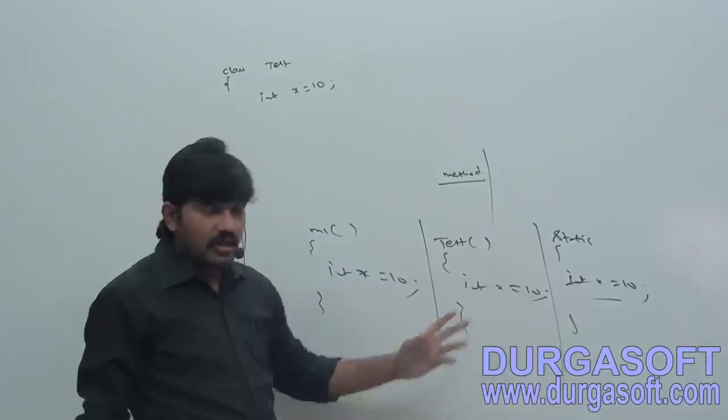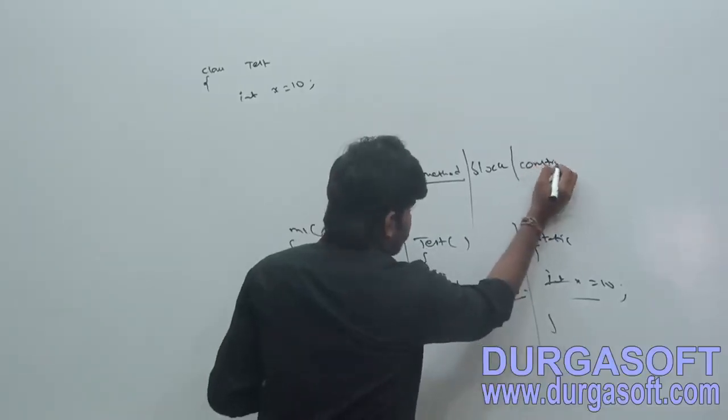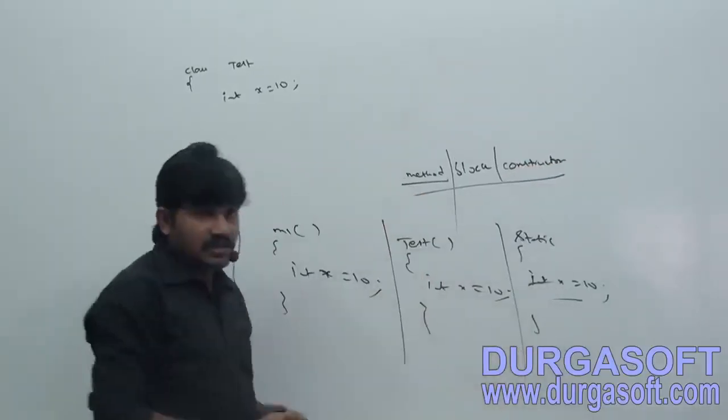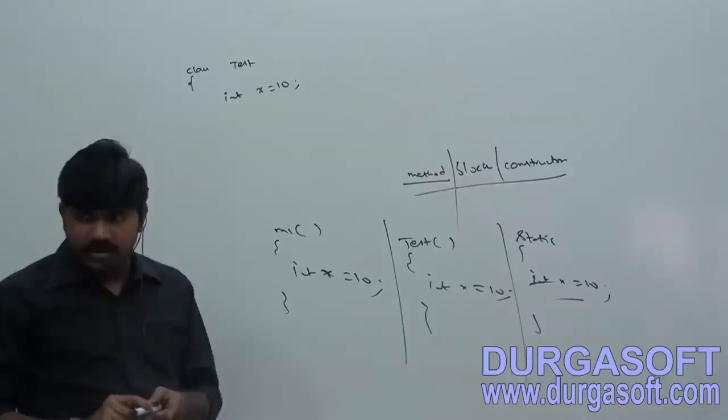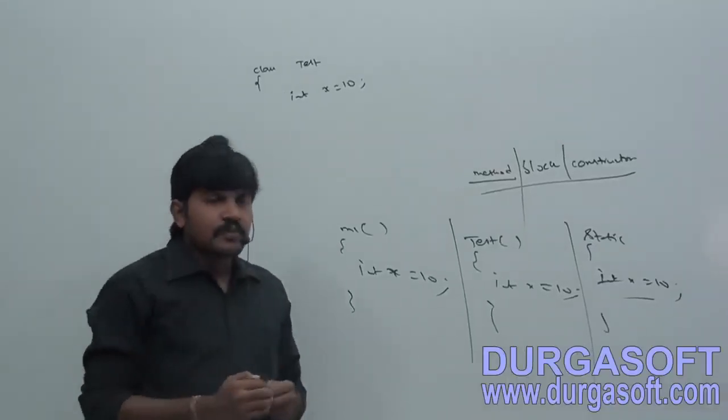Are you getting right? Outside of any method or block or constructor. Okay, I hope it is clear, sir. Where we have to declare instance variables, right? Instance variables should be declared